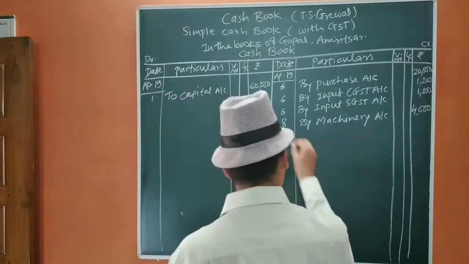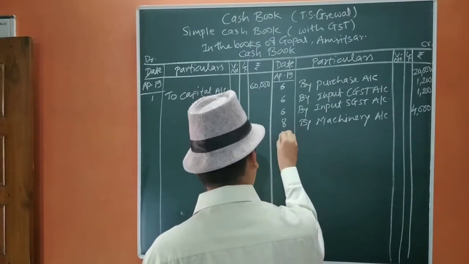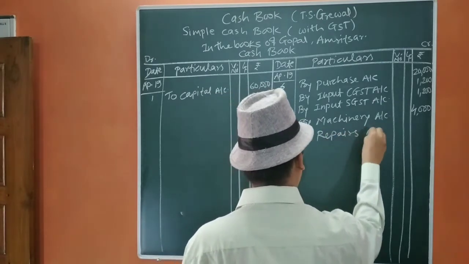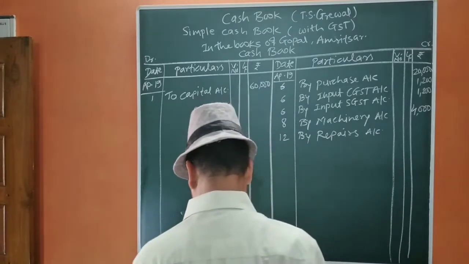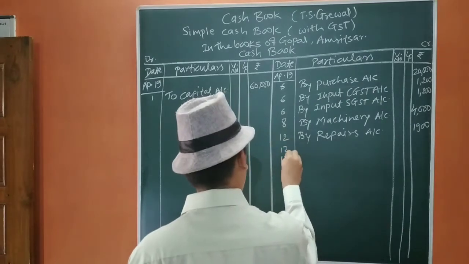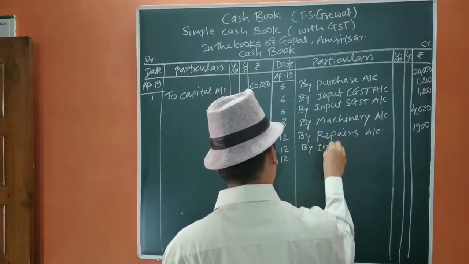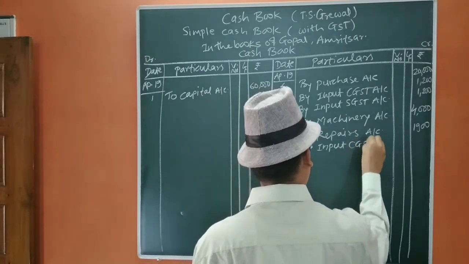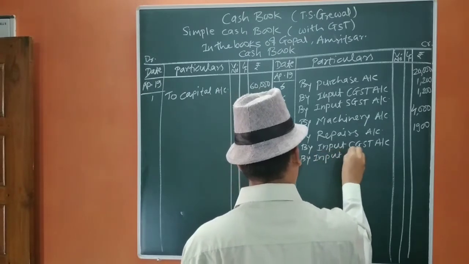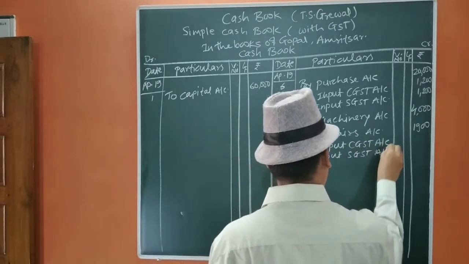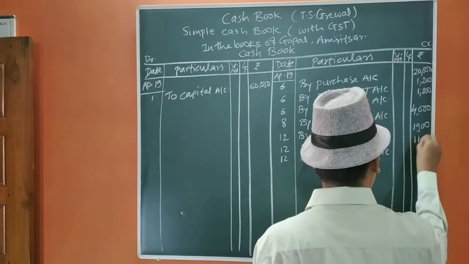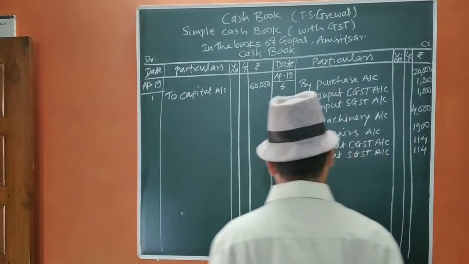Okay, so 12 by repairs account, the amount was 1900, by input CGST account, by input SGST account, 114 each. Okay, then